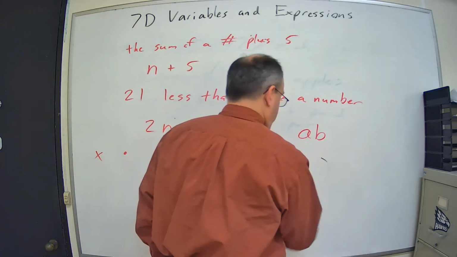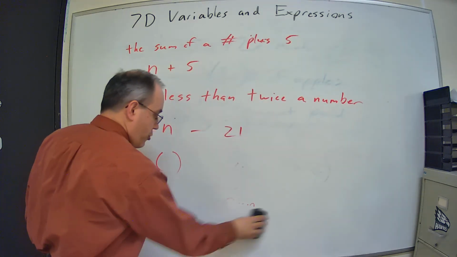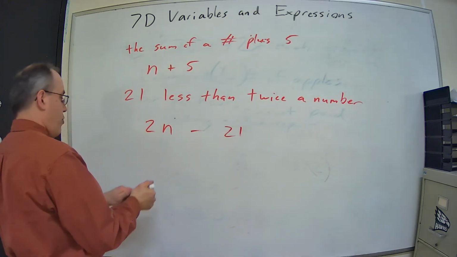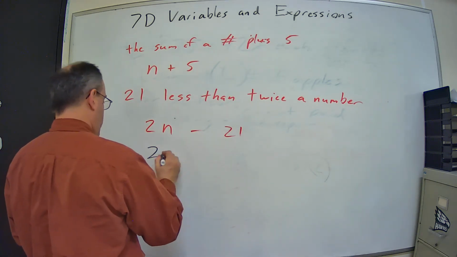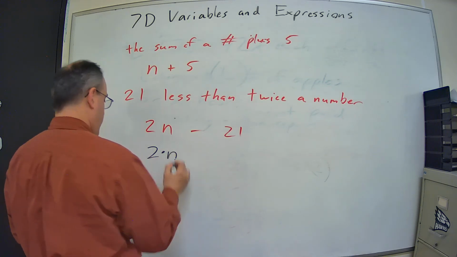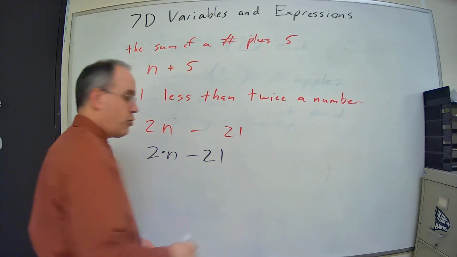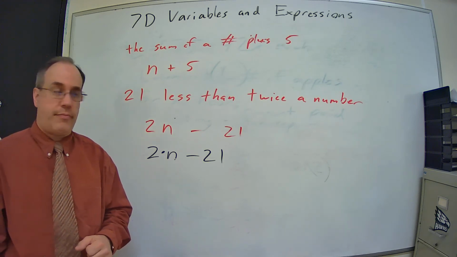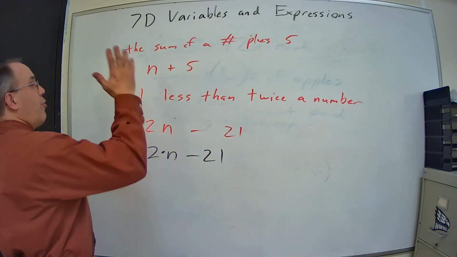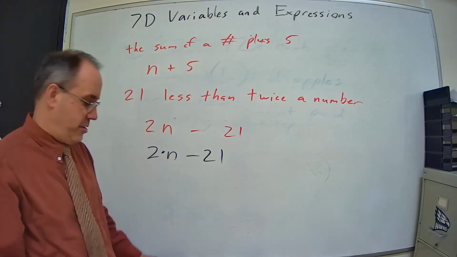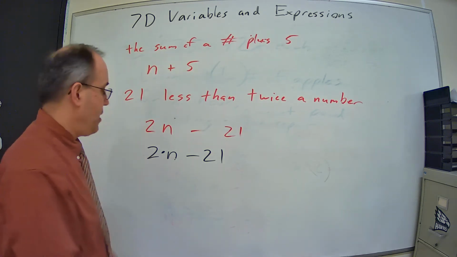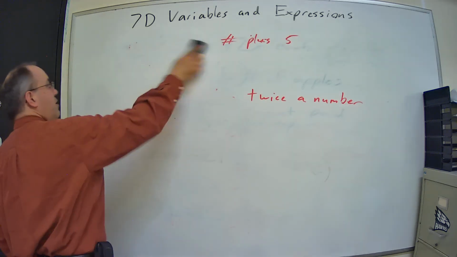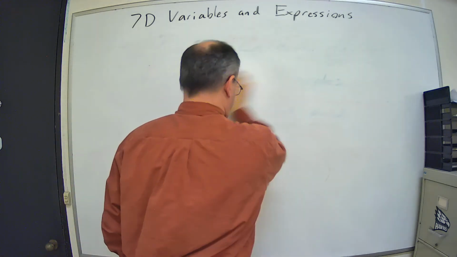You should be able to recognize that, but if you don't want to do that, there's nothing wrong with you saying 2 times n minus 21. That says the exact same thing. So going from words to algebraic expressions, and then the other way, going from an algebraic expression and putting it in words,